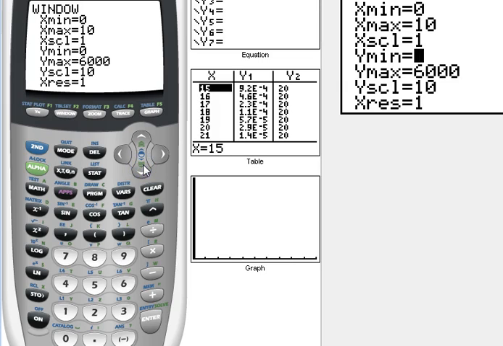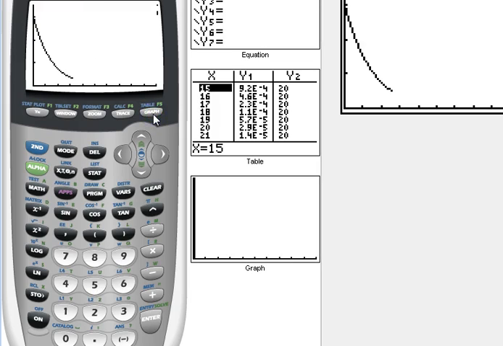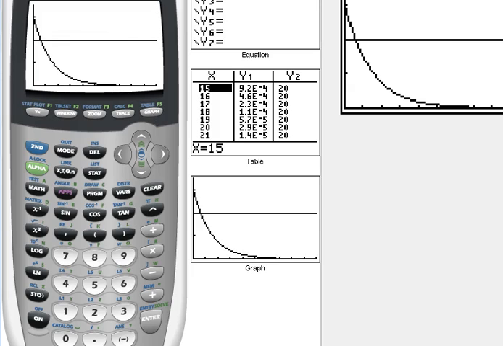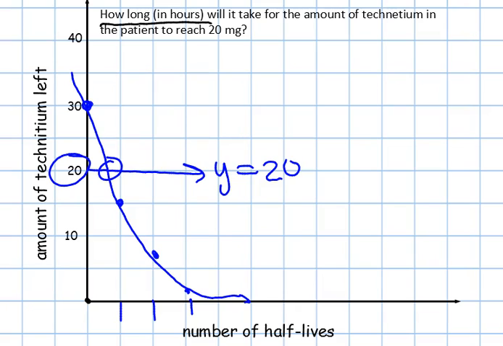Then Y minimum, the minimum amount of substance in the body system is going to be 0. And then the maximum amount of technetium, she started with 30. So I'm going to set it at 35 just so we can see the top of the graph. I'm just going to go a little higher than the maximum. Then we should be able to hit graph, and we see basically the same picture we had right here, only